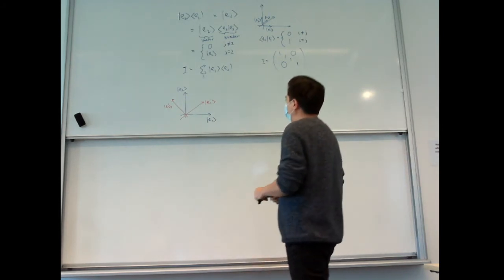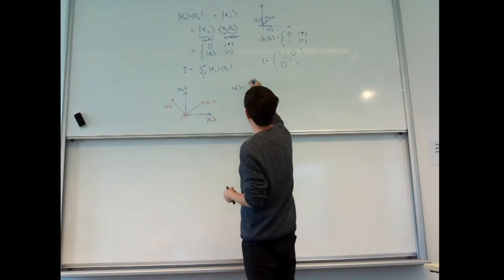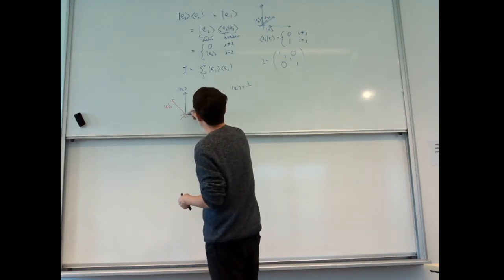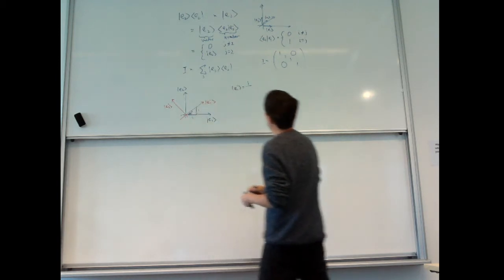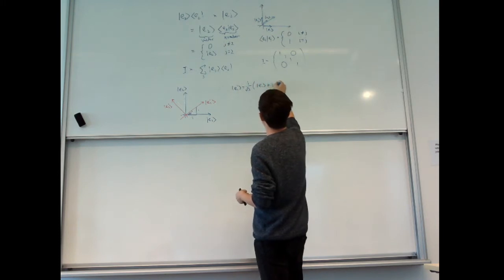Then say I've got E1 dash. Draw a triangle, this is a unit vector, this is also 1 because this is 45 degrees. So this one will be E1 plus E2,